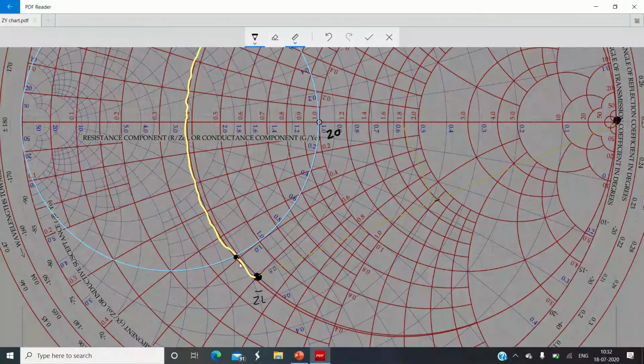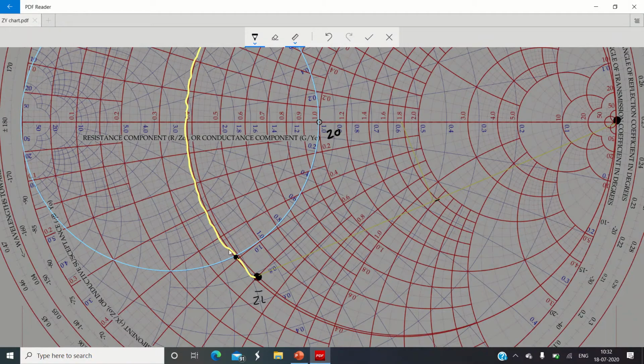So this path is going to provide a series inductor and this path is going to provide a parallel inductor. So here in the matching circuit, if you take this design point as an intermediate point, in order to reach the center of the Smith chart from the ZL bar point, the first path is going to give us a series inductor and this second path is going to give us a parallel inductor. So please remember, in a matching circuit, there cannot be both inductors or both capacitors.